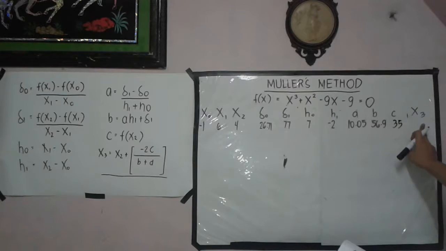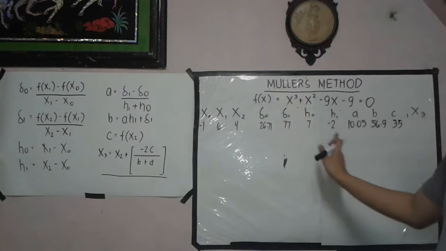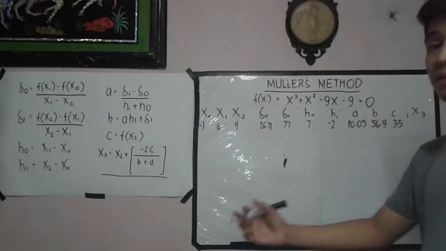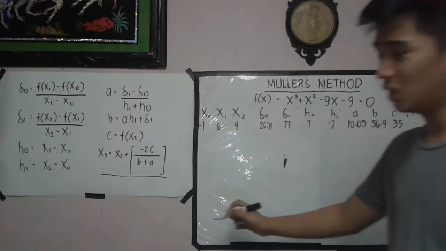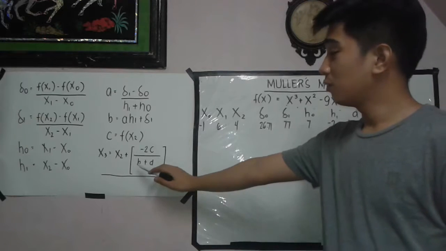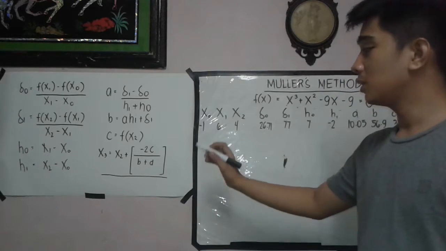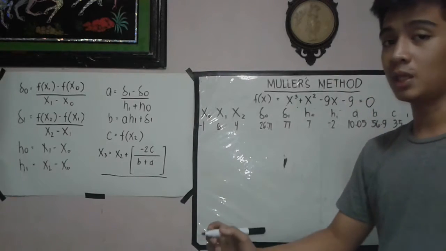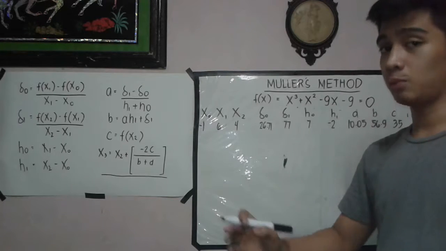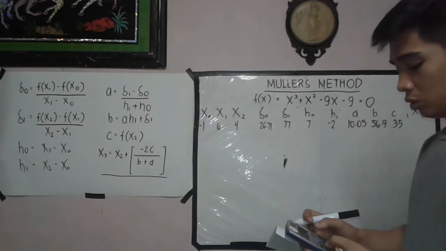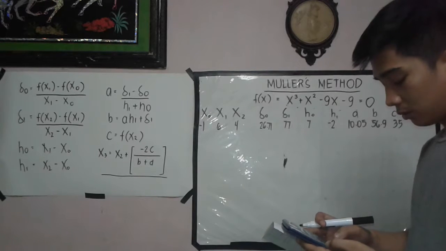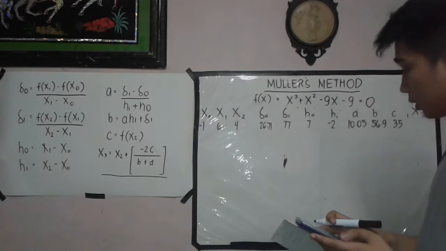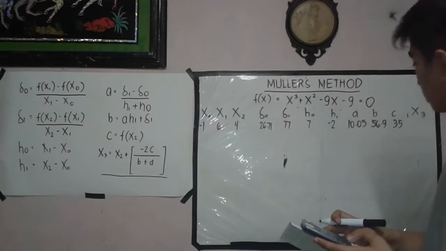So for determining x3, take note that we have three coefficients here, meaning we need to use quadratic equation. So inside the equation of the quadratic equation, we have the discriminant. Notice that discriminant must be added to the value of b. Your b must be, the discriminant must be near to the value of b in order to determine that you are solving the right steps of the Muller's method. So discriminant b squared minus 4ac, 56.9 squared minus 4 times 10.05 times 35